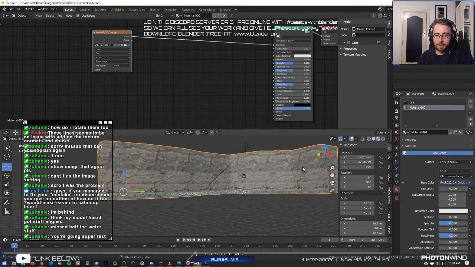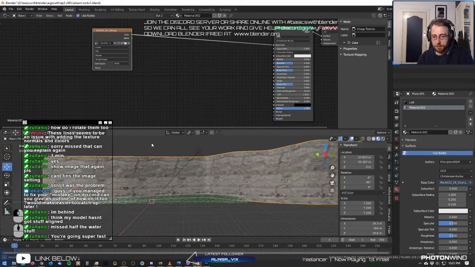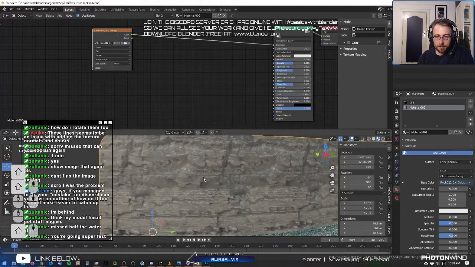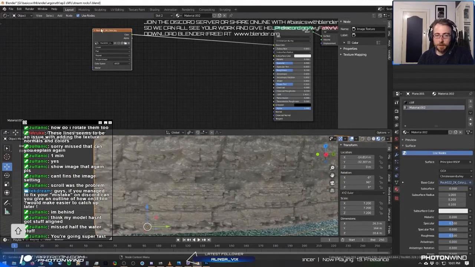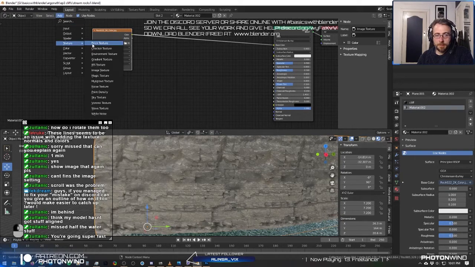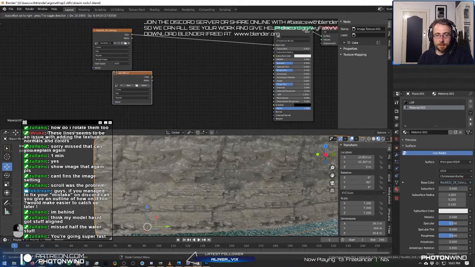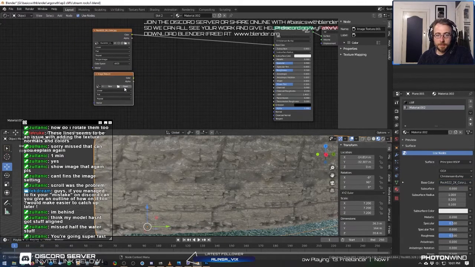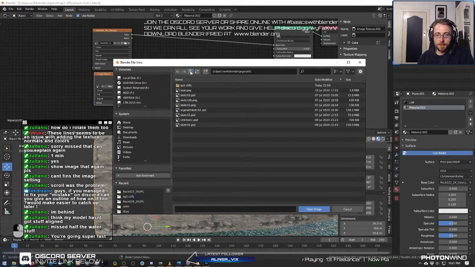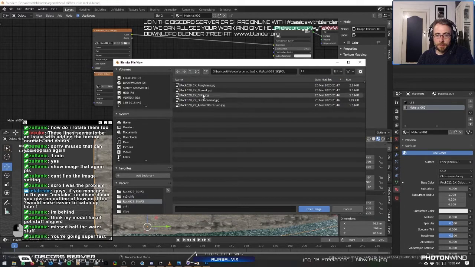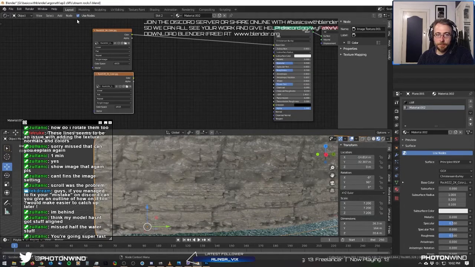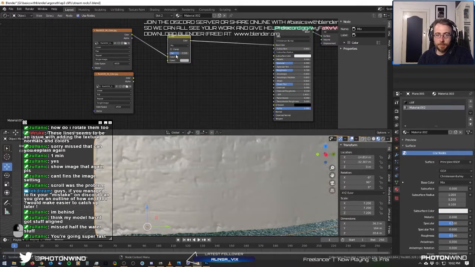But we want to blend that between two textures so we get some variation on the surface. So if I add another texture, image texture, and open my second one, so the color as well, and add a color mix RGB,